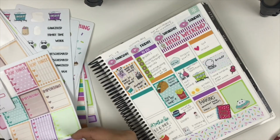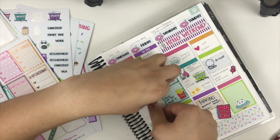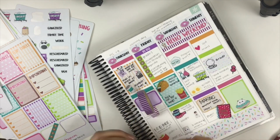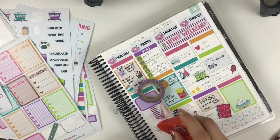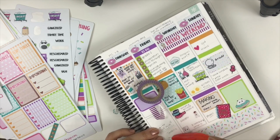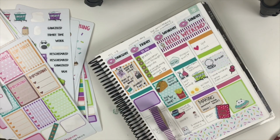Thursday I had kind of a lazy morning because I didn't have to start work until 1. We had parent-teacher conferences that day, so it was from 1 to 8, and I was able to wake up late. I had a Dunkin' run, and then my husband and I, since he works nights, got to hang out, and we watched Men in Black, which I haven't seen in a long time, but we had a lot of fun watching it. So I really enjoyed that, and then I put down a half box to mark parent-teacher conferences,